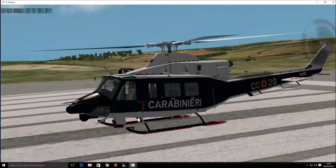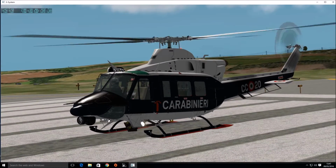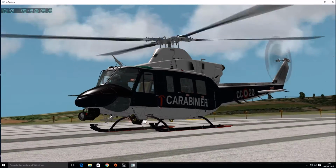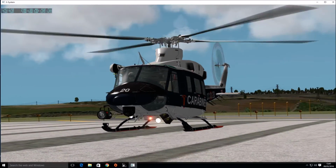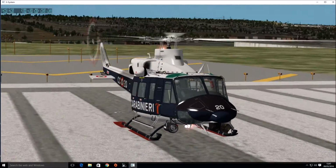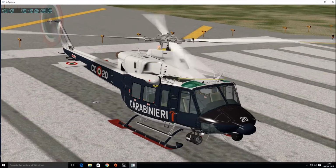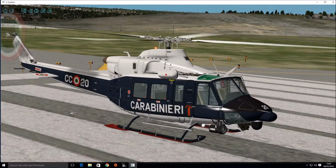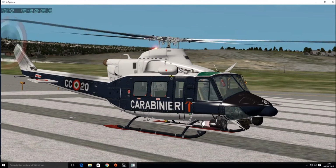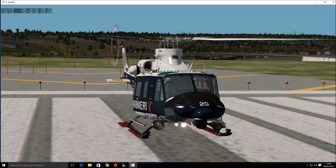So as I zoom in, you can see the attention to detail already on the panels, the way the panels are made. Look at the glare of the lights underneath. Authentic lighting, the flashing light. The attention to detail of the rotor blades. The Italian flag on the tail rotor even. So you can see straight away just by looking at that, a lot of work's gone into it, a lot of effort's gone into it, and they've tried to make this as realistic looking as possible,